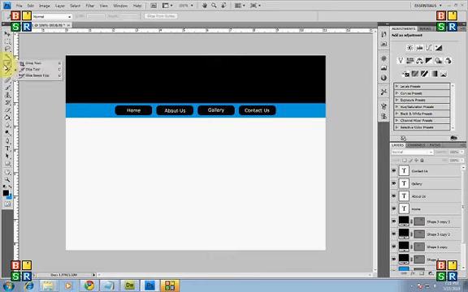Now what I want to do is slice my layout. The default you're going to see on this bar is the crop tool. Now right click on the crop tool, select the slice tool, then just slice up the header. After that, never